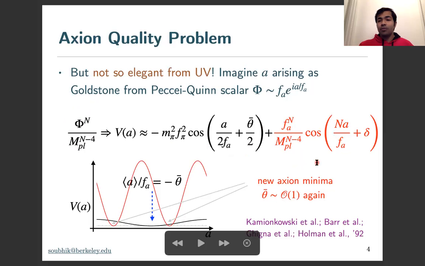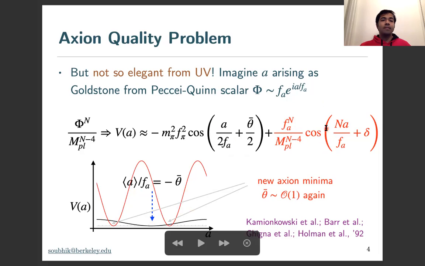The crucial point here is that this cosine and this cosine need not be aligned with each other. If it happens that this red term is bigger, as is shown here, then instead of localizing to the minima of this black QCD generated potential, the axion will generically localize to places like this, which are minima of this part of the potential.